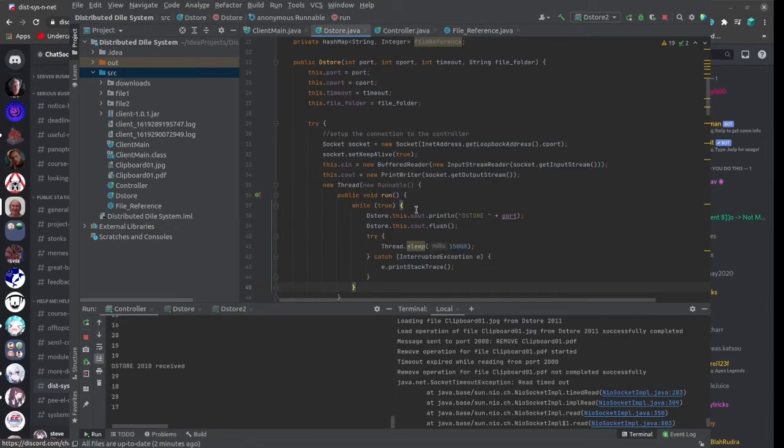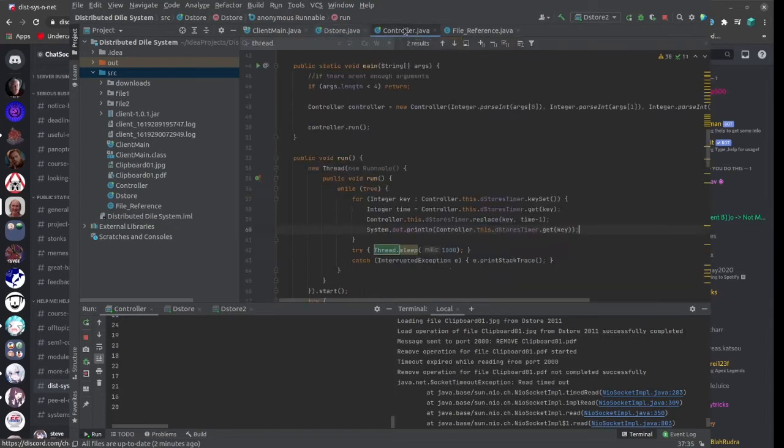Mine though, they actually weren't. I forgot to put the while true in here, so they actually only sent it once. So we had a bit of a hiccup there, where the D stores weren't actually sending the message in. But yes, I've put the while true in now. So it's sending this message every 15 seconds and updating the controller. So now what I need to do is here,